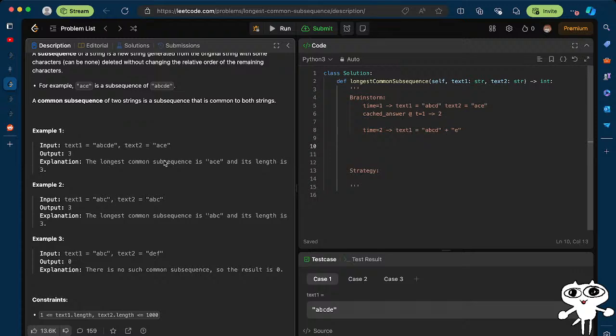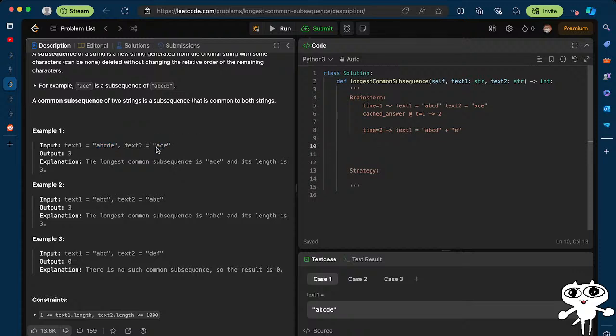Instead of just looking at a new character being added to either of the texts, can I say there's a new character being added to both of them? You know what? We know we need to compare each character with each other character, right? So I need to compare A, B, C, D, E with